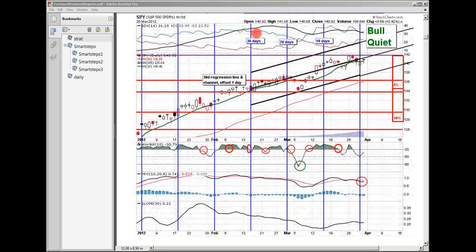We have ADX back up to just a shade over 31. We dipped into the median range of Williams percent R. We've started to hook back up. The jaws of PPO, which is the percent price oscillator, which acts like a MACD histogram, have opened to the